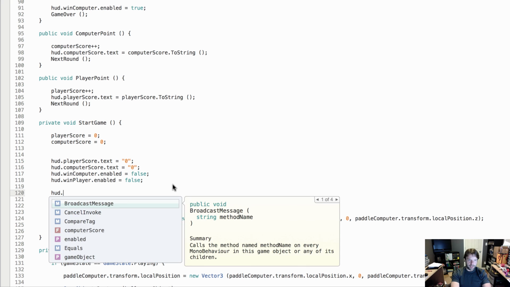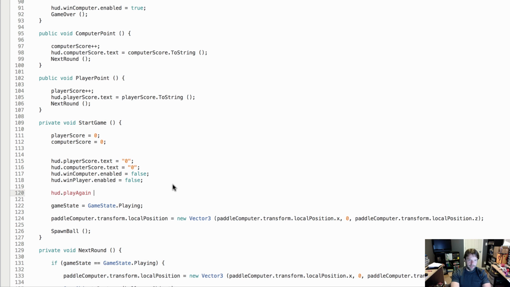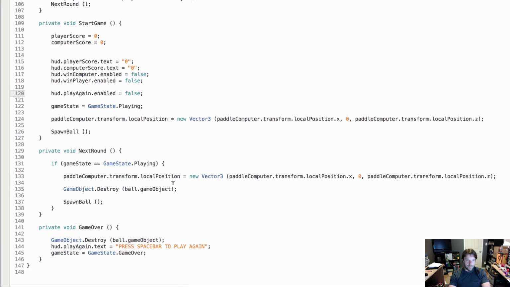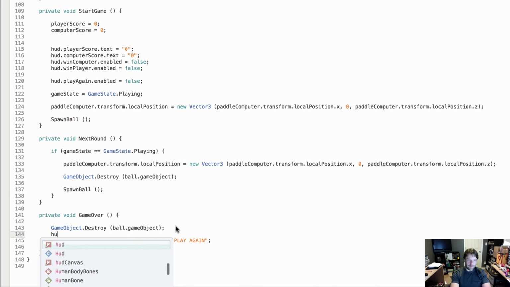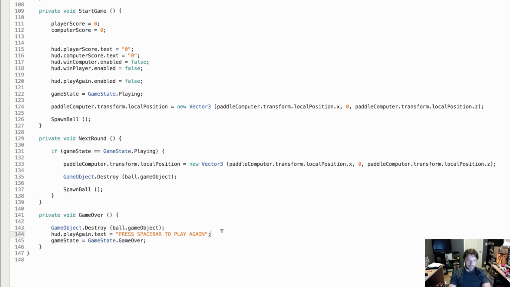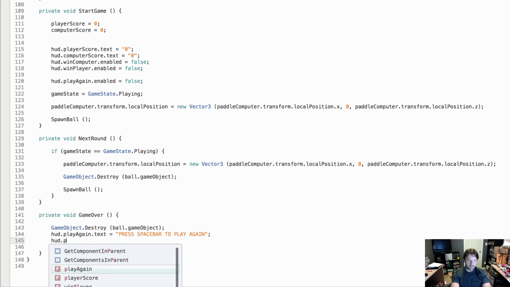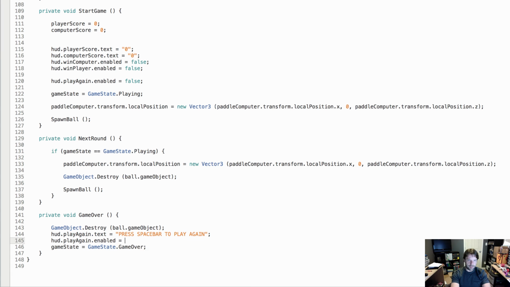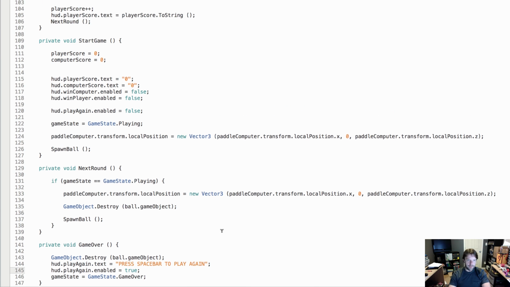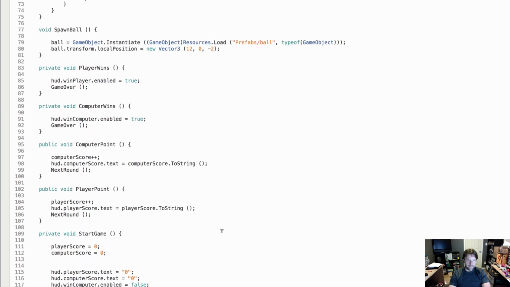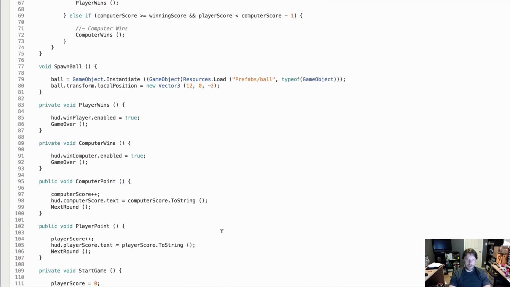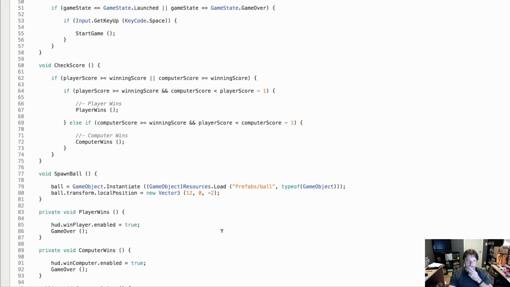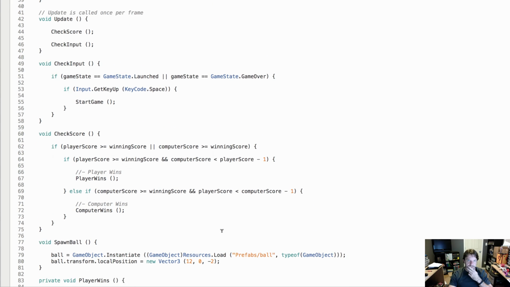So HUD.playAgain.enabled equals false. If we're at game over, we need to enable that after we set the text. So we do HUD.playAgain.enabled equals true. Start game disables that play again text, and